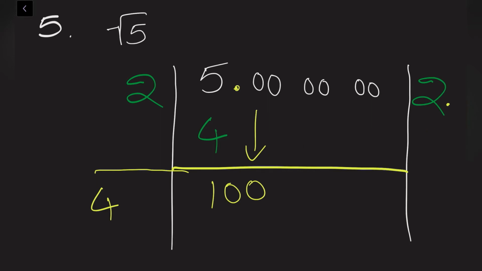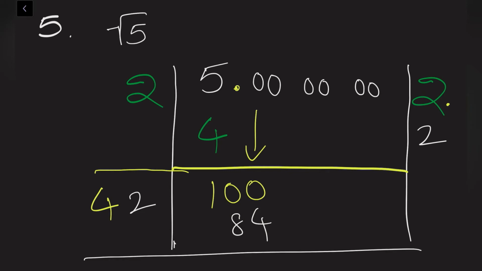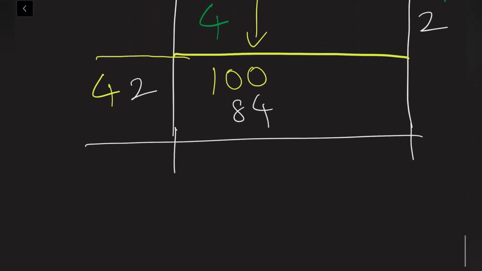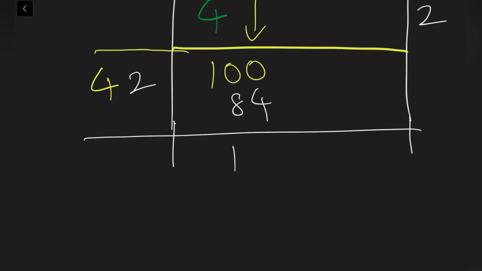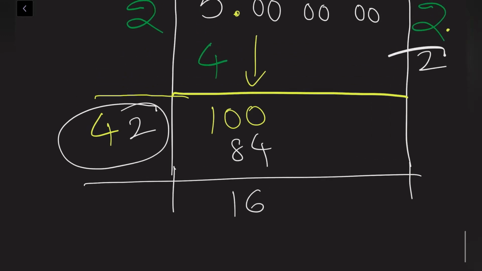Then if I write 1 here, it will become 41, and here also 1. 41 ones are 41. If I write 2, here also 2 only. 42 twos are. If I write 3, here also 3 only. 43 threes are. So like that, which number is suitable? Here 100 is there, so we can say 42 twos are 84. Do subtraction again as usual. 100 minus 84 is nothing but 16. Now these two numbers and the lastly written digit, 42 plus 2, we need to add. That will become 44.